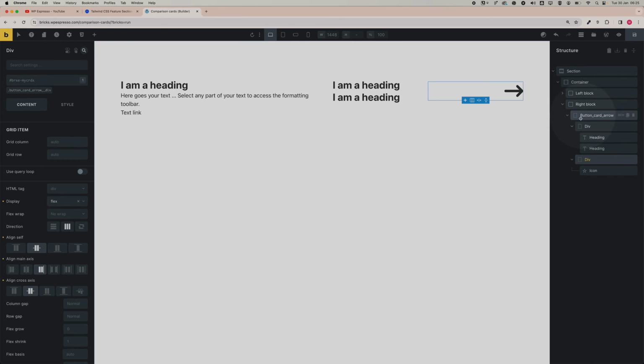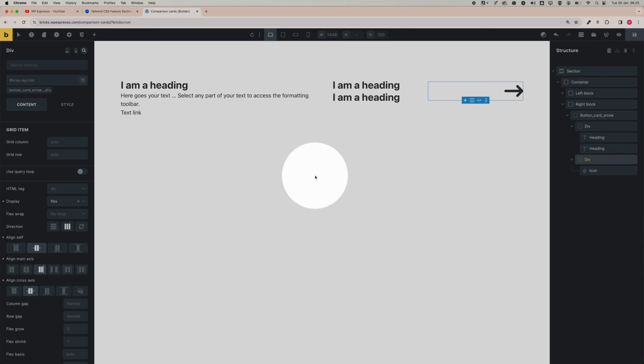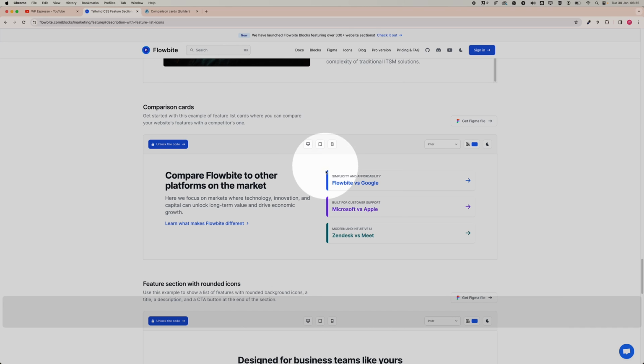So open everything so you see the structure. Let's start, let me check the design. So we have the title, we have the icon, we need to style everything. I will try to style it as fast as possible. So click here, okay, and then